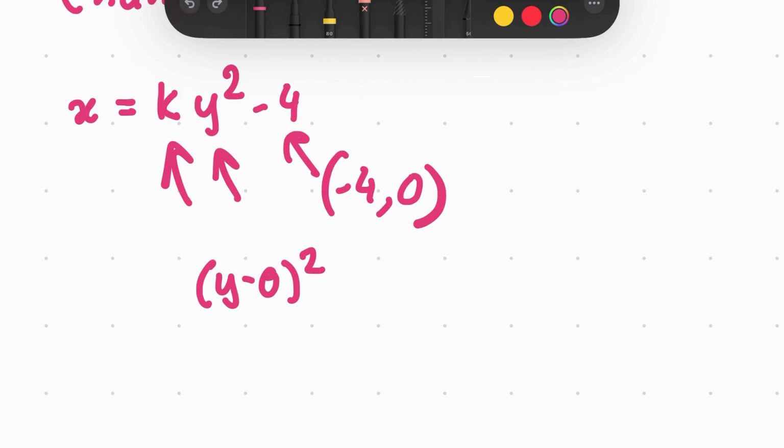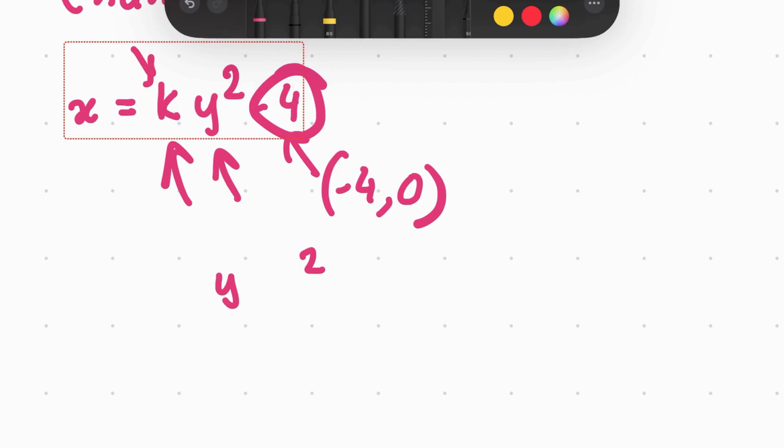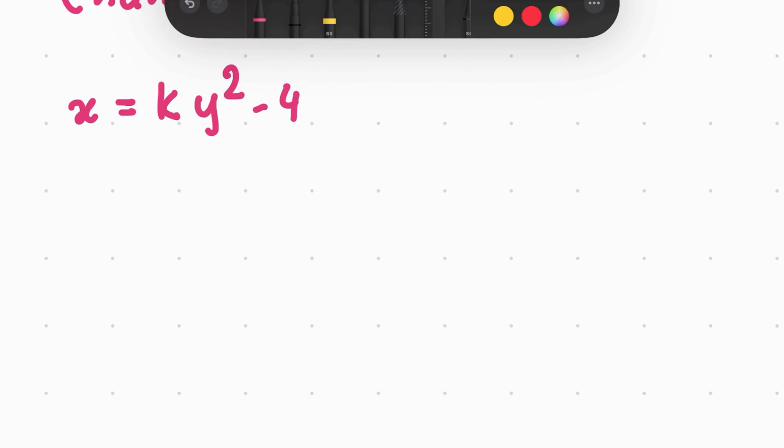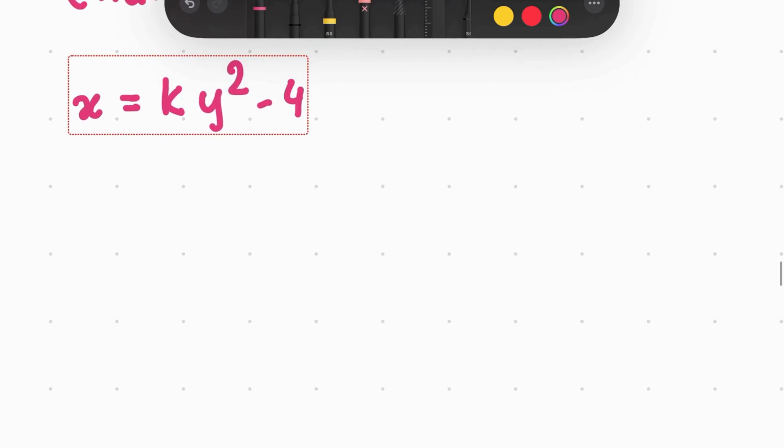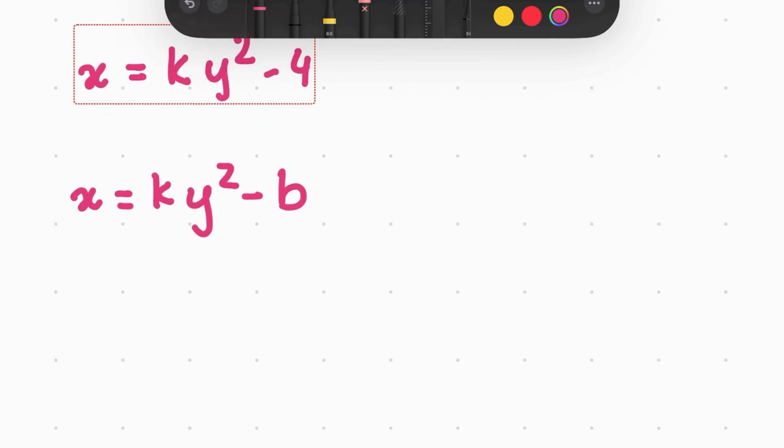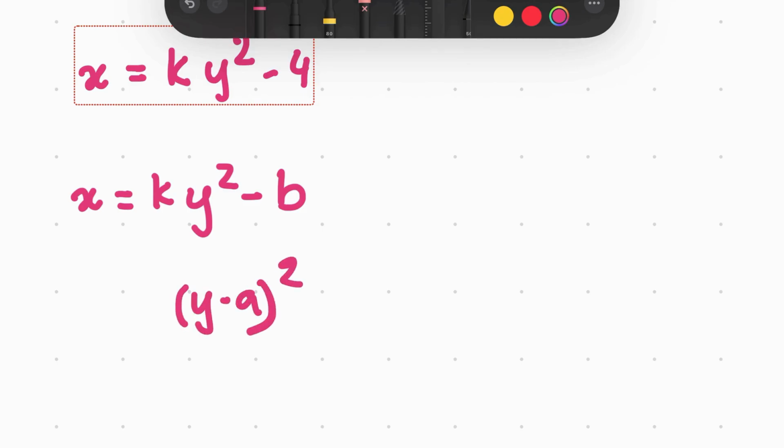So this means that we need to get rid of this 4, and we need to generalize the 4 as well as this, okay? So this is going to take a little bit of work, but don't get scared. This is actually really easy once you get it. So we want to get rid of the 4. So let me just write this as x equals ky squared minus b, because this is the way we've learned it. And we don't need to worry about the y minus a squared, because what's going to happen is